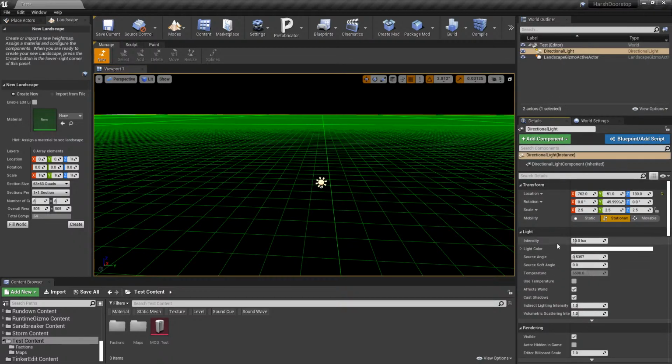Set the lighting. 10 is good. I don't really know where the source angle is coming from. We don't have a material, so let's just go ahead and set up a material really quick. Let's see, grass. What we're doing here in the content browser, just in case you didn't already know, so you